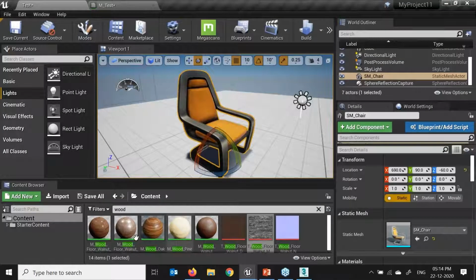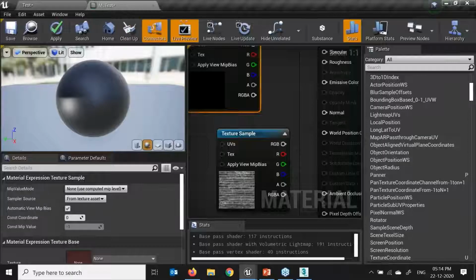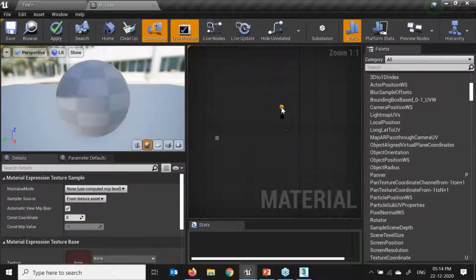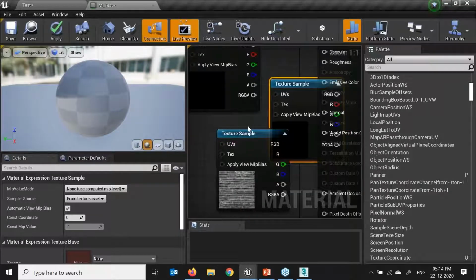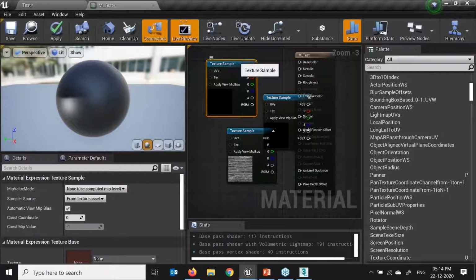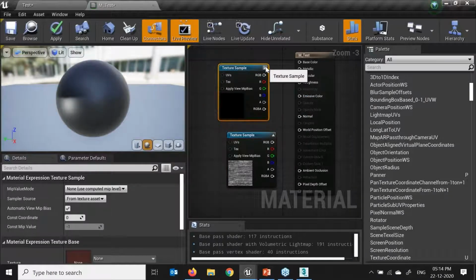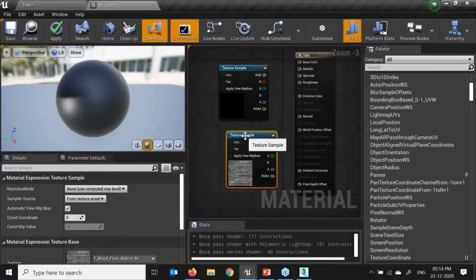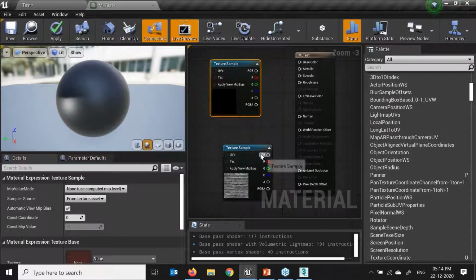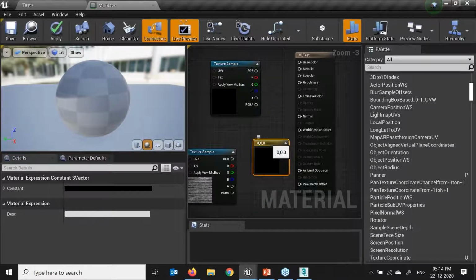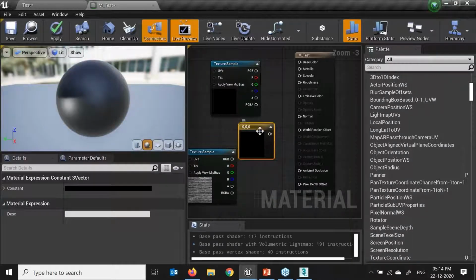Again, I'll select any of this material, press T and left click, so that way I can import material from my content browser. I'll select and delete that node over here. So this way I imported two different materials. If I press 3 and left click, here we are getting a 3 constant value.